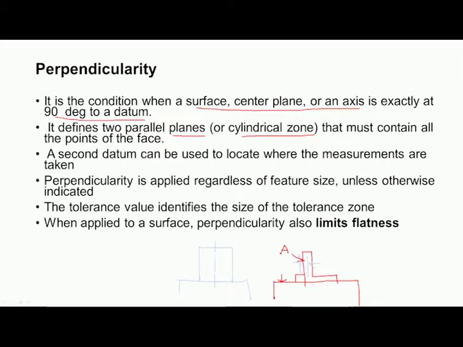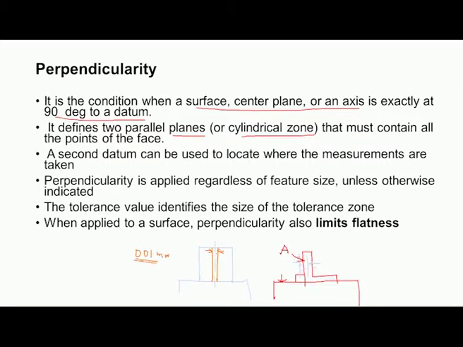If the perpendicularity condition is given to the axis, say the perpendicularity should be within 0.01 millimeter, we have to consider a cylinder here, the diameter being 0.01, that is the specified value.